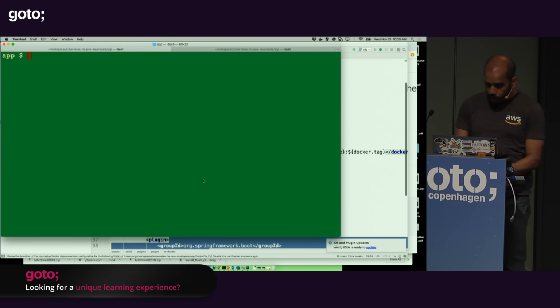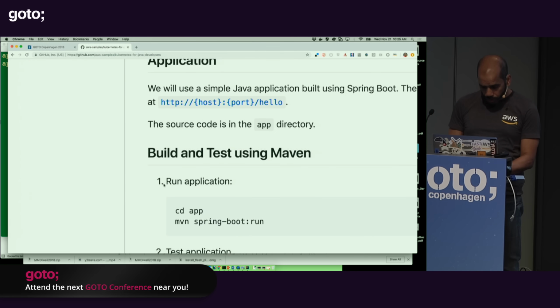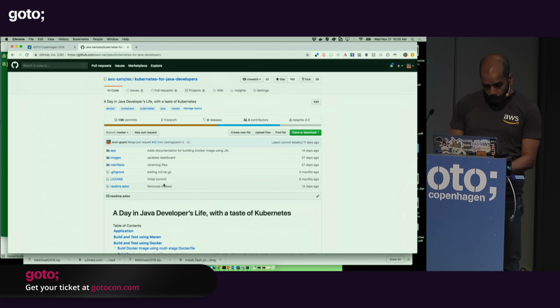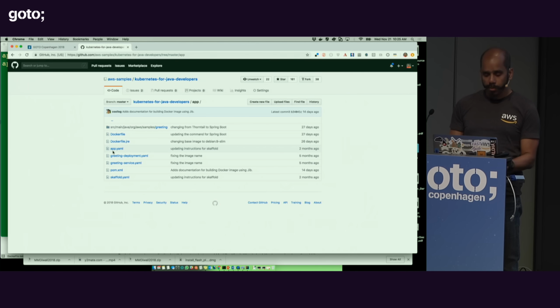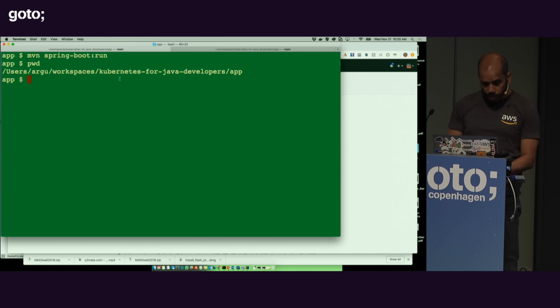So now I'm going to go into my console here. Well, first of all, if I go back to the repo here, the source code is in the app directory. So you look at app, and that's where all my source code is over there. And that's the directory that I showed in IntelliJ as well. Okay, so I'm in the app directory, which is Kubernetes for Java developers, app, and all I'm going to say